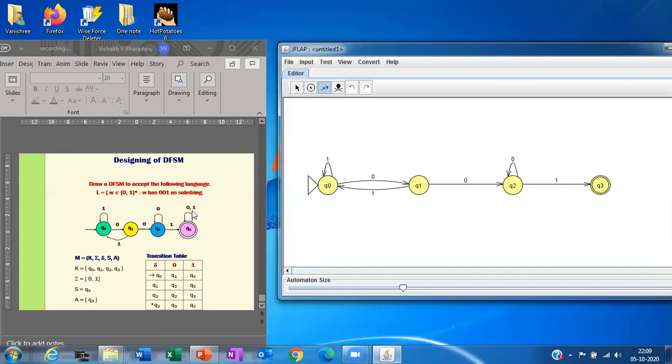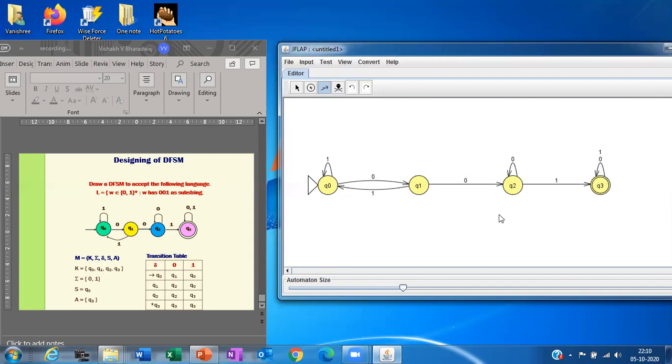So here it is 0 comma 1. In JFLAP, you write 0 and then make one more transition with 1. So don't put 1 comma 0 or 0 comma 1. You have to draw the transition twice here.